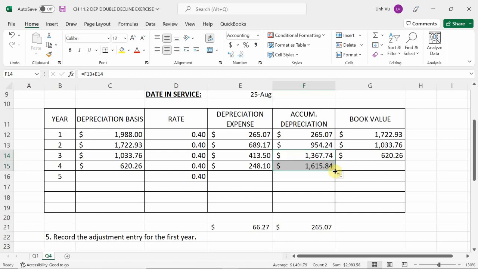Good. So then therefore your book value should be